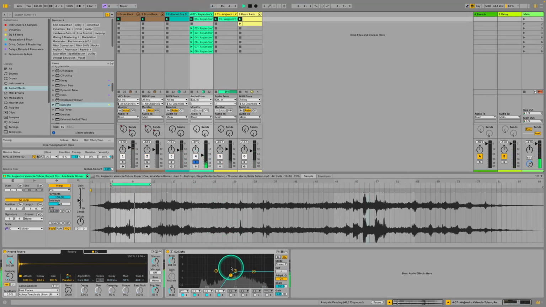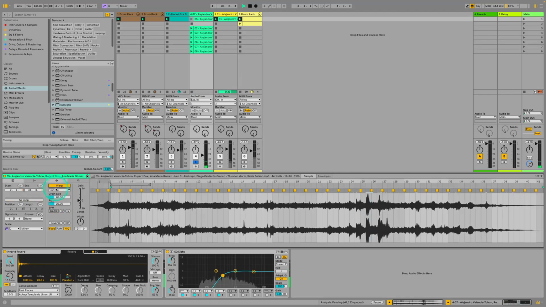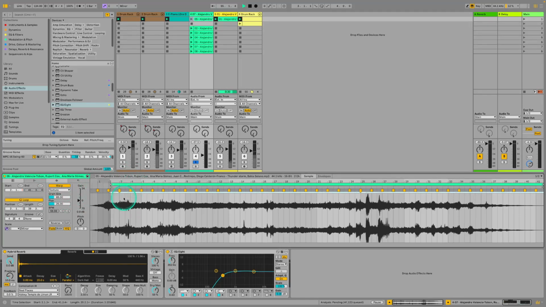Playing around with the EQ here just to see where I want things sitting. We are actually getting a little bit. Let's just play around with these textures. If you don't know about these, I'm going to be diving deeper into all the different warp modes, especially for this particular series. But for now, it's really what Ableton is focusing on preserving when you are adding warp, because when you add warp to this stuff,